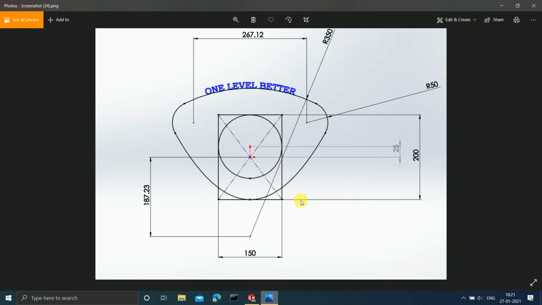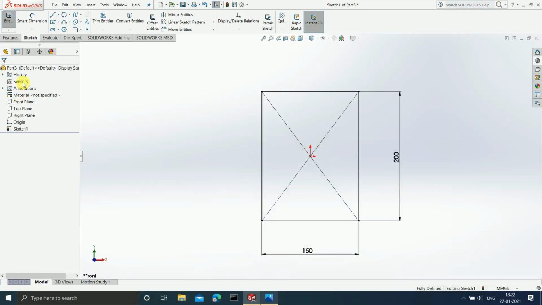Now let us have a look again at the figure. Now in this figure, what I can observe is a circle within the rectangle. Okay, and one thing about this circle is that it is not touching all four sides, but it is touching three sides of the rectangle. Okay, so when I drop down this menu in the circle command, I have two options. I have the circle command and I have the perimeter circle. Now which option will I choose? I will obviously choose perimeter circle.